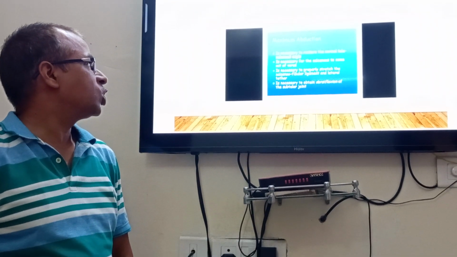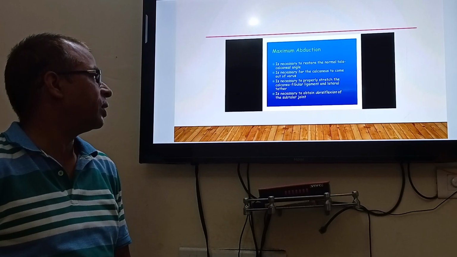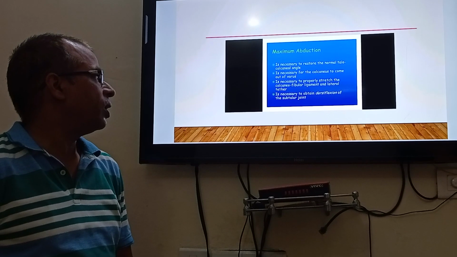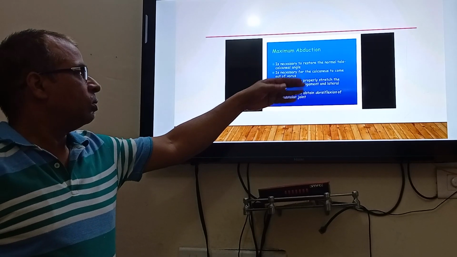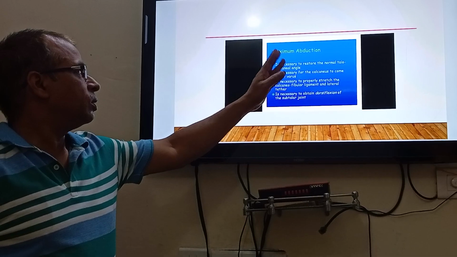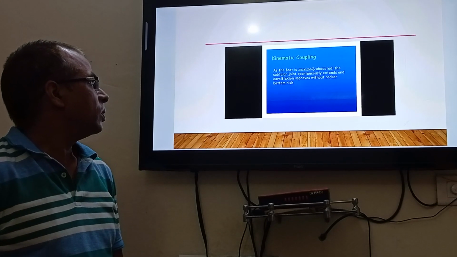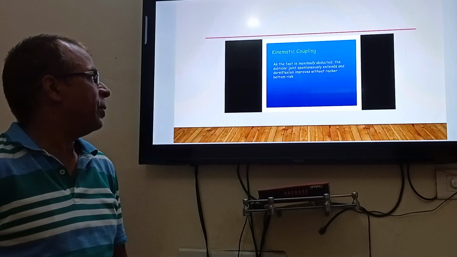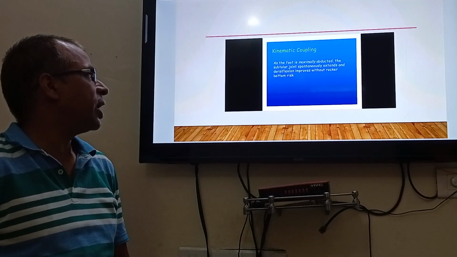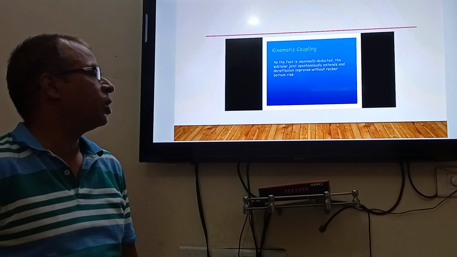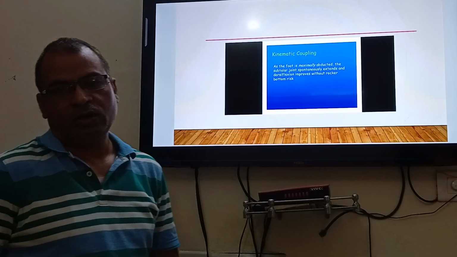It is necessary for the calcaneus to come out of the varus. It is necessary to properly stretch the calcaneofibular ligament and lateral tether. It is necessary to obtain dorsiflexion of the subtalar joint. So all these deformities, if you are reducing, then for this maximum abduction of the foot is necessary. And as the foot is maximally abducted, the subtalar joint spontaneously extends and dorsiflexion improves without rocker bottom risk. So here also abduction is necessary,